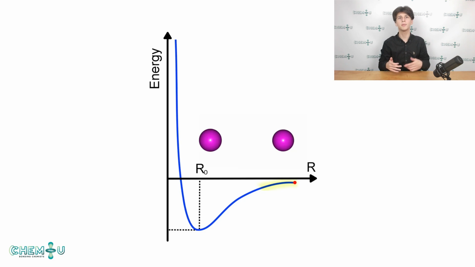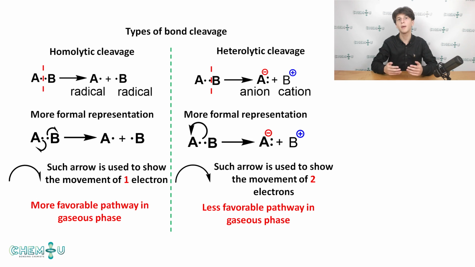The covalent bond can be treated as broken when the energy of a system doesn't change significantly upon bond elongation. We have just highlighted this situation on the graph. It is also important to note what happens with the shared electron pair during bond cleavage. Obviously, there are two possibilities. Electrons can be distributed equally between two atoms, just as shown on the left-hand side. In this case, we name the process of bond cleavage as homolytic cleavage, and it leads to the formation of two neutral particles, in this case, atoms A and B.